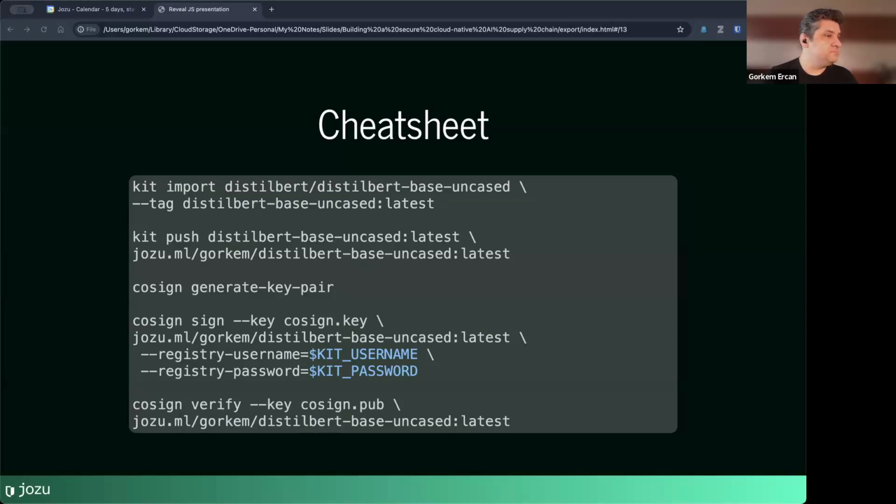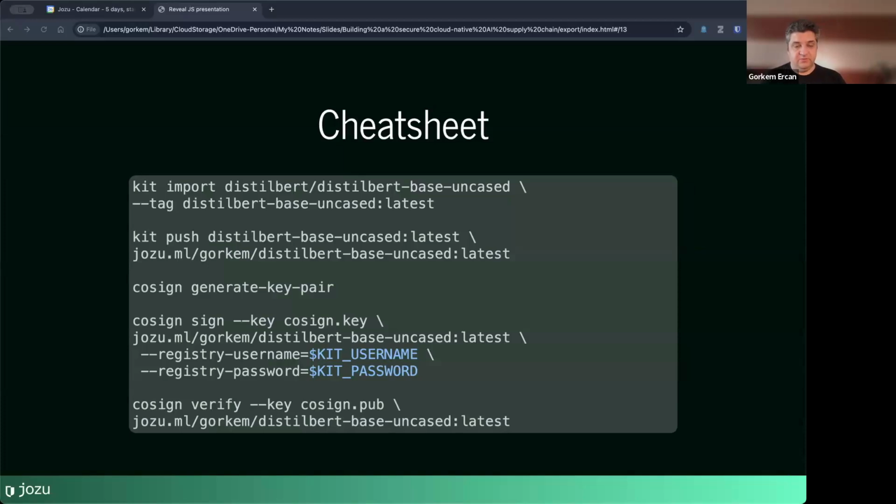But this makes it easier for you to copy and paste. I'm pretty sure the names will be different.